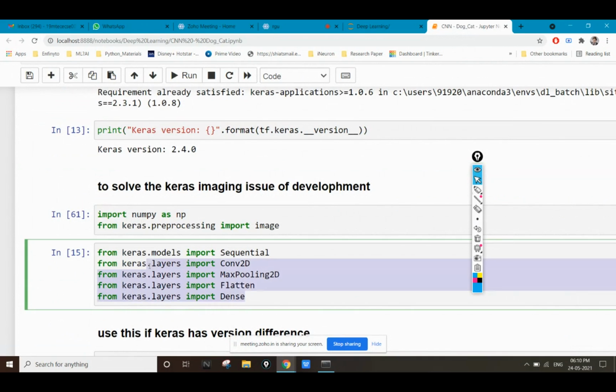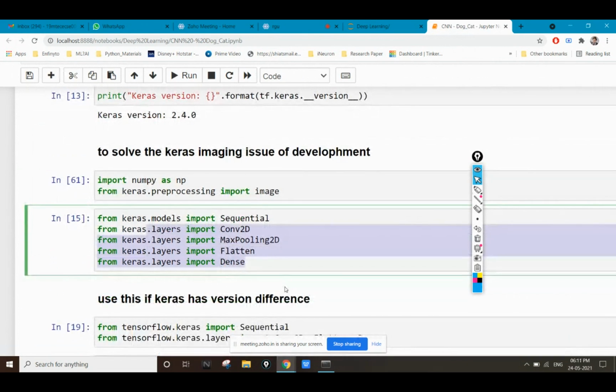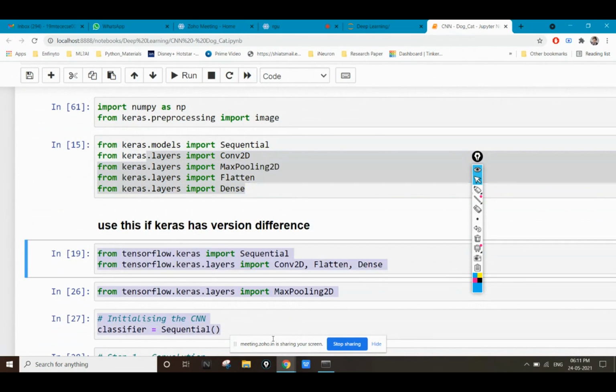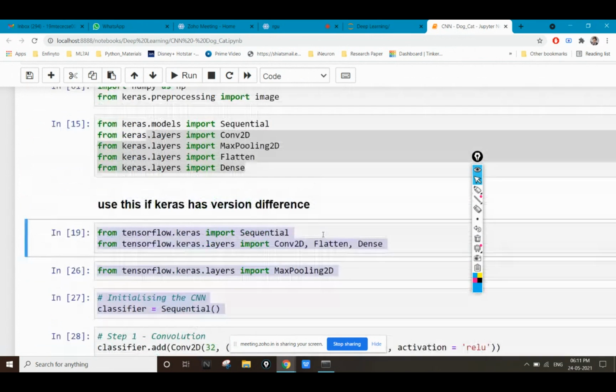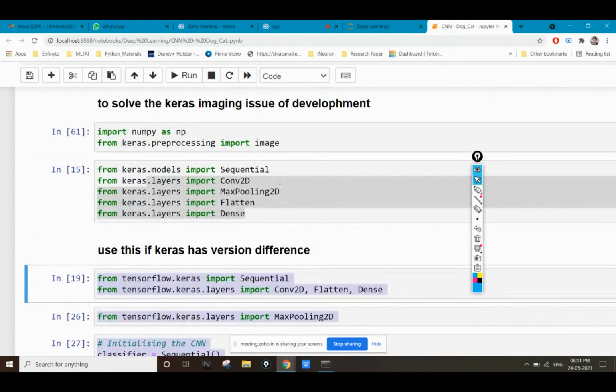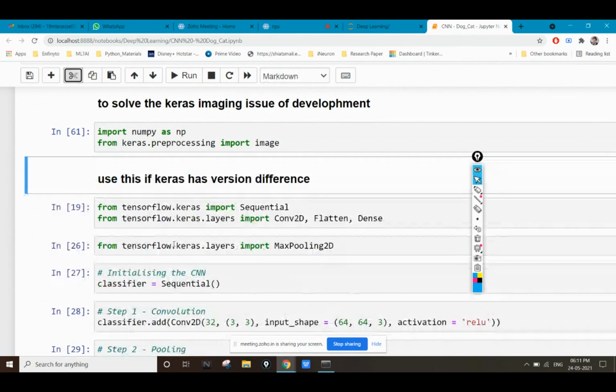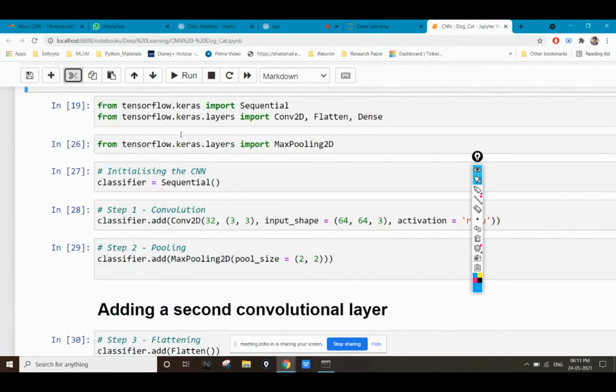The same libraries again. Because I developed this project in a different version of Keras, I was not able to use this particular Keras library, and I was getting some type of error. To remove that error, I've imported all these things from TensorFlow again.